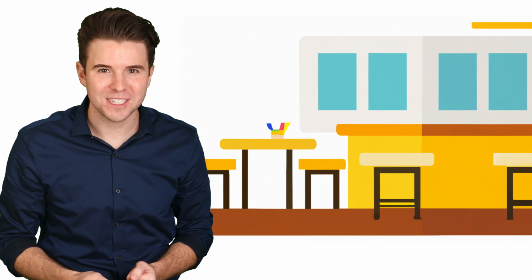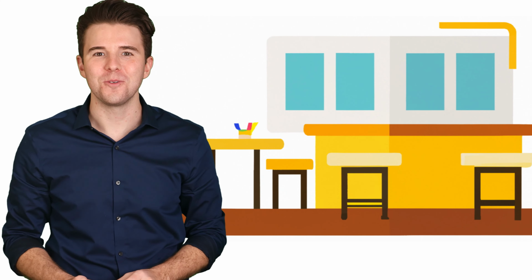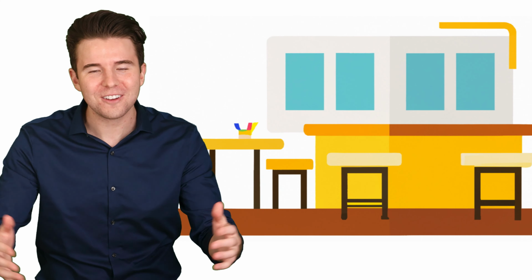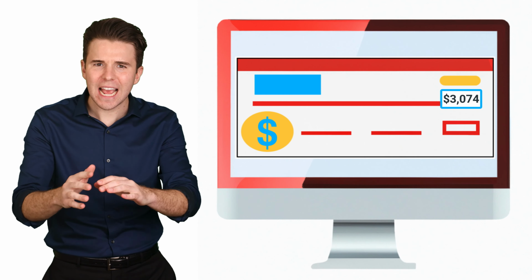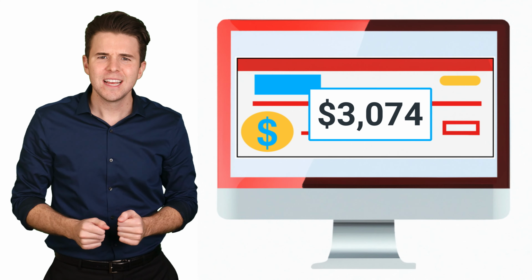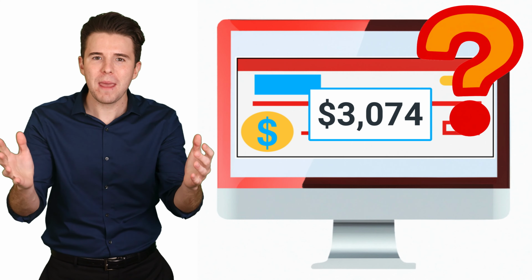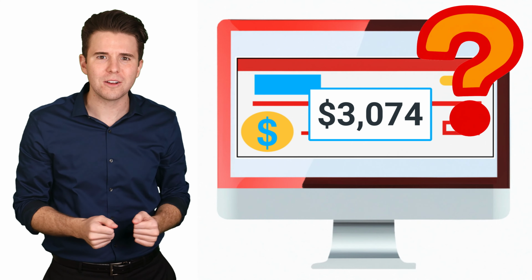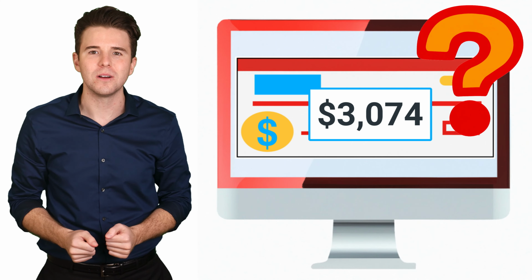So let's say I decide to apply for a job at our school's dining hall. I ace the interview, and the manager offers me $4,000 a month. I accept and daydream about all the things I'm going to buy with $4,000. Now, after my first month of work, I check my account and notice I was only paid $3,074. So I'm confused and tell my manager that they paid me almost $1,000 less than we agreed to.